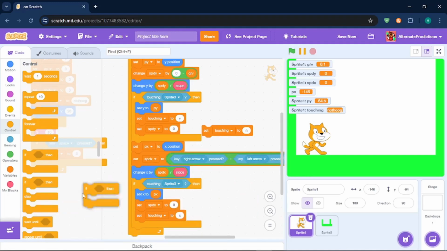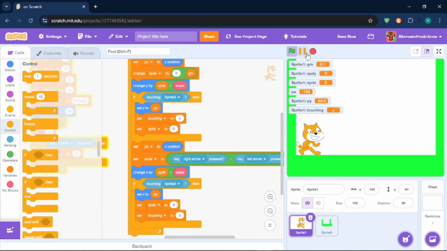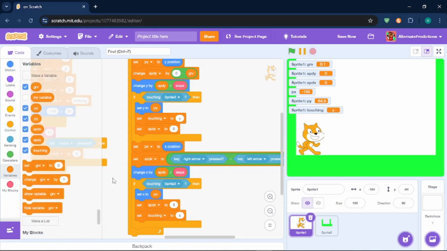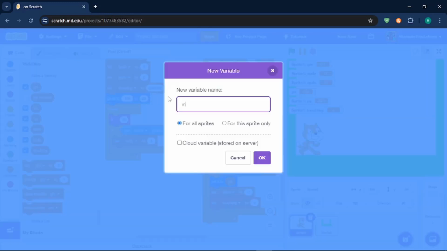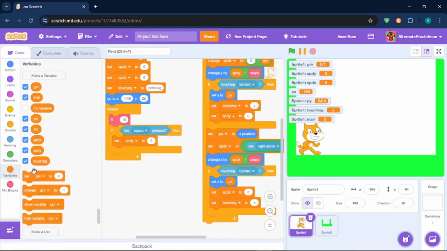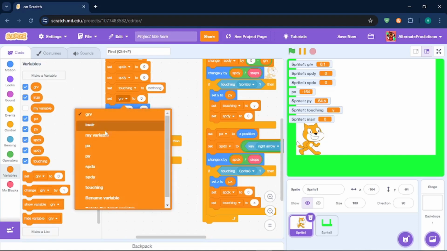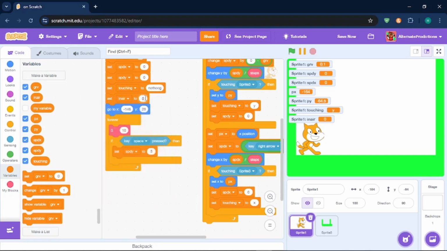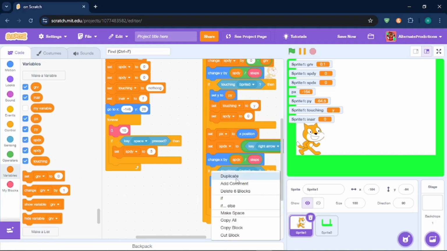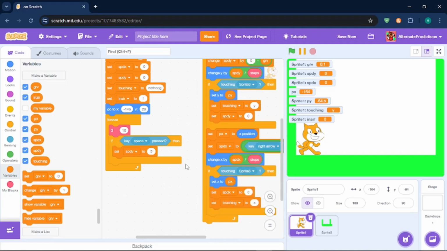Let me just leave it as it is. I'll create a variable called in air for the sprite only. So by default, set in air to F for false, and then if